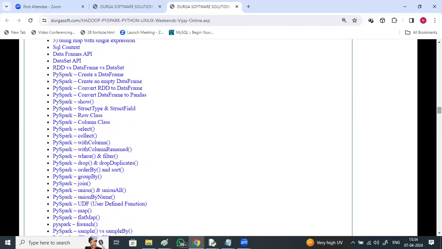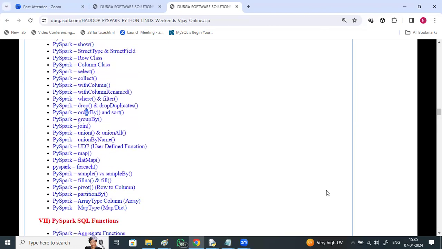Struct type, struct field, select, collect, withColumnRenamed, orderBy, join, groupBy, map, flatMap, foreach.